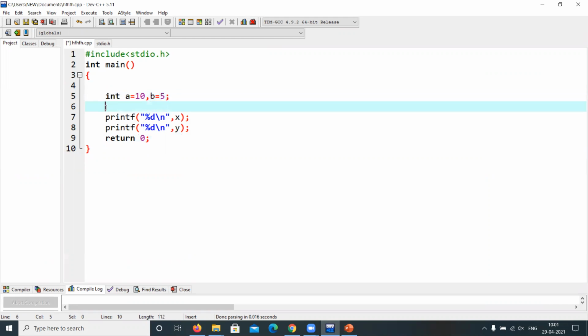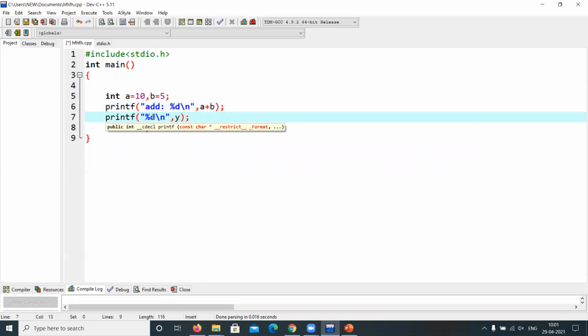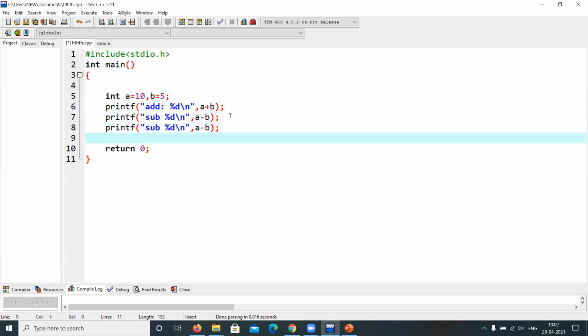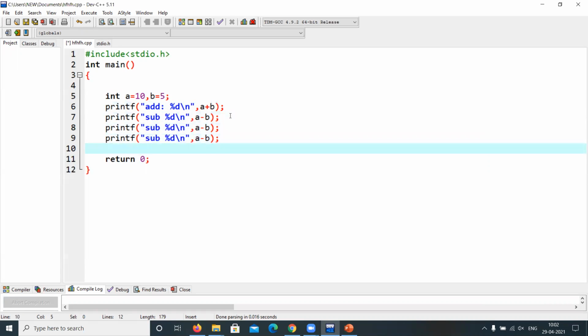And let me write everything. Addition, I will write as a + b. I will take subtraction, a - b. Let me take this one and paste it everywhere.